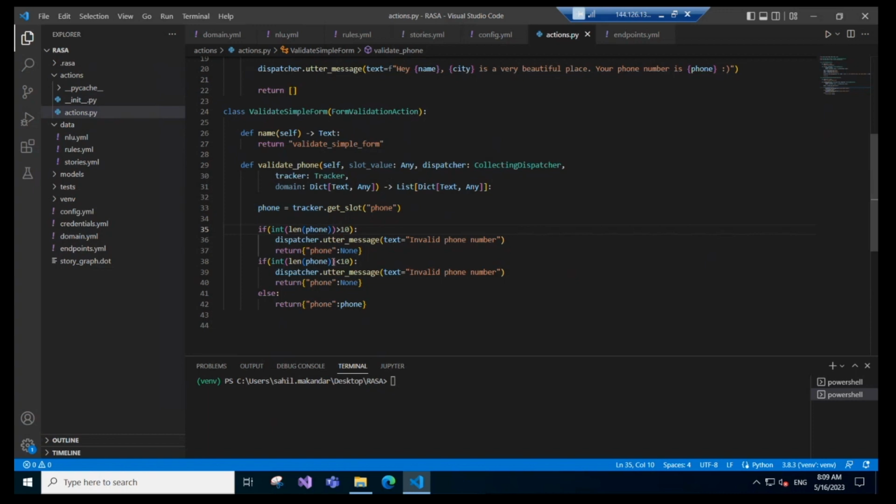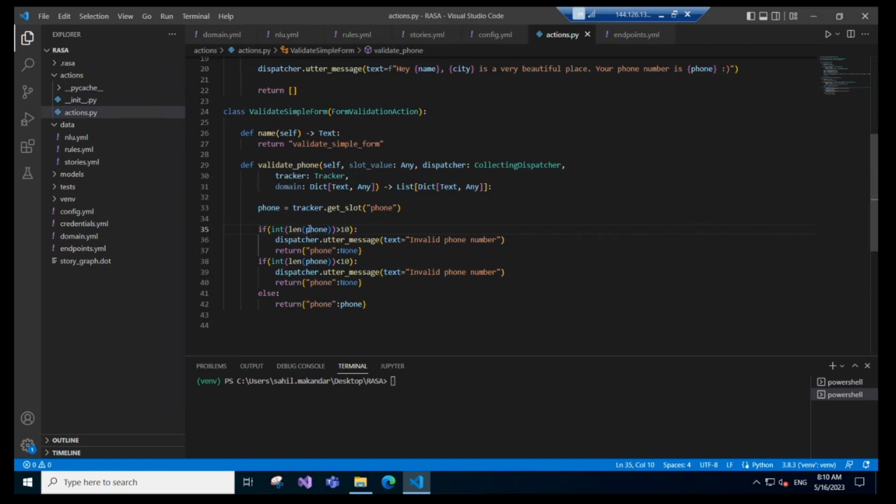We have separately mentioned here to check if it is less than 10. You can even do this in one statement as well. You just need to mention this condition, and then you can mention this condition here as well. But just for better understanding, we have done it separately to make it look simpler. So as you can see,